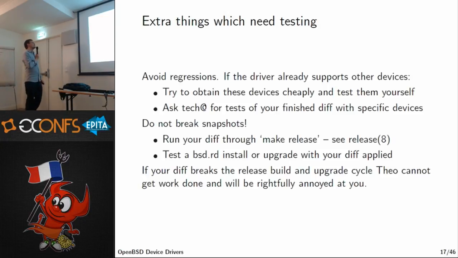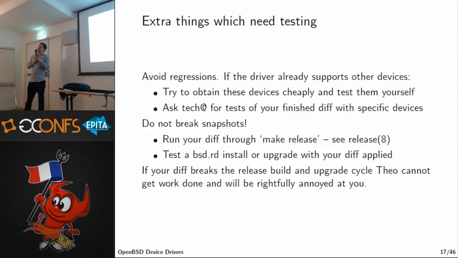Some things which aren't really necessarily documented well in other resources, this is sort of like folklore knowledge, is that you should not cause regressions for other devices. In a lot of cases, sometimes this is impossible because you have nobody to test a particular device. What I've done partly is that I went on sites like eBay and just bet like €1 on a lot of Wi-Fi dongles and eventually got a few of them. So I just got random versions of random hardware to test with. You can also ask people to test the hardware, and they will often do it. You test your diff on some existing piece of hardware that already works.